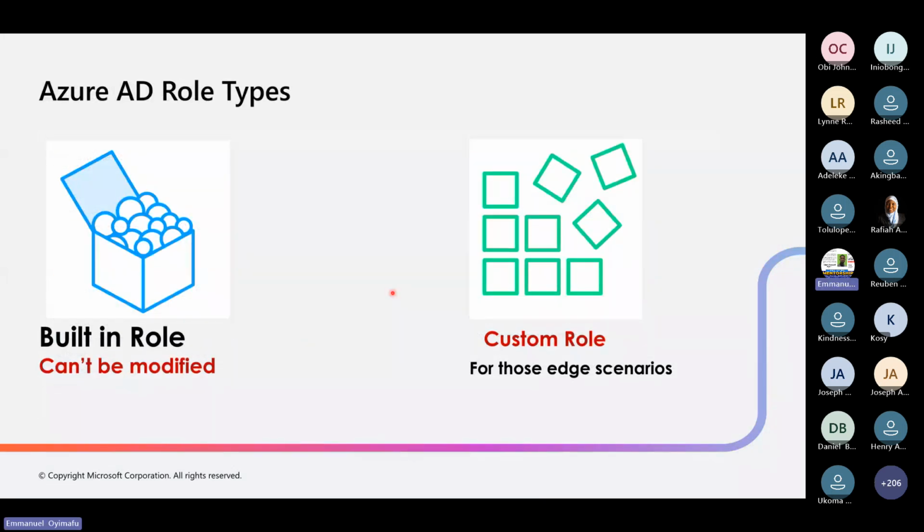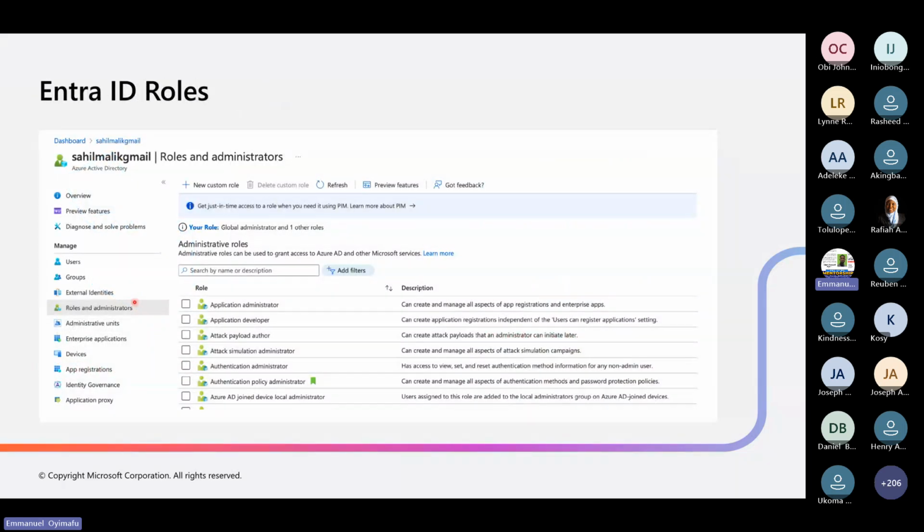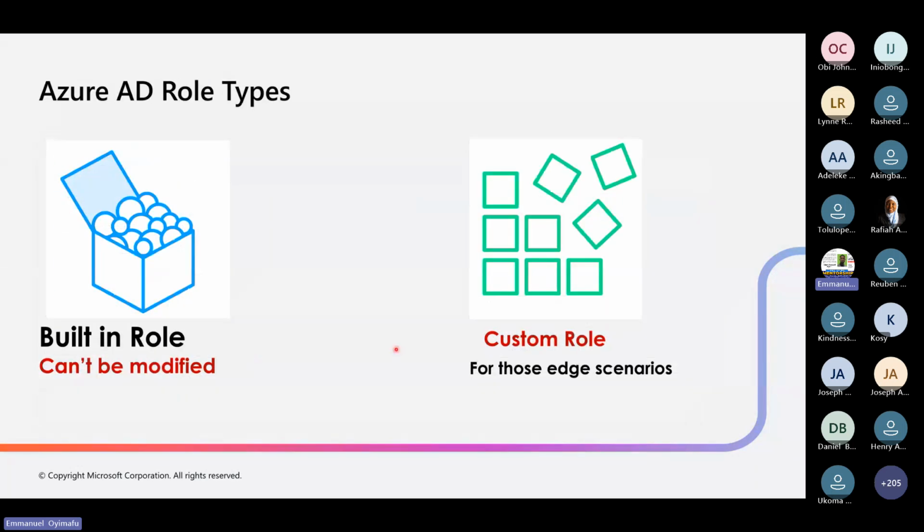So now we have Azure AD role type. We have built-in roles and custom roles. For built-in roles, these roles cannot be modified. All these roles we have here, application administrator, application developer, authentication administrator, are built-in roles that Microsoft has designed for you. If you want to create a custom role, let's say for instance you have